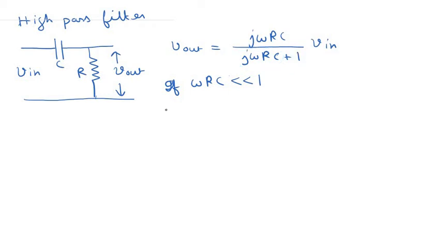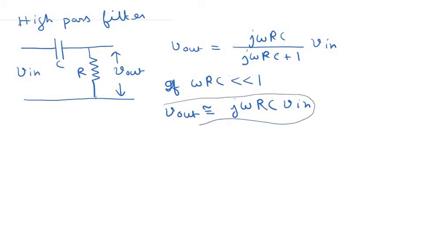So V out becomes approximately equal to j omega RC V in. Now this is again the equation in the frequency space. If we do the inverse Fourier transform, this j omega basically corresponds to the differentiation operator. So doing the inverse Fourier transform,